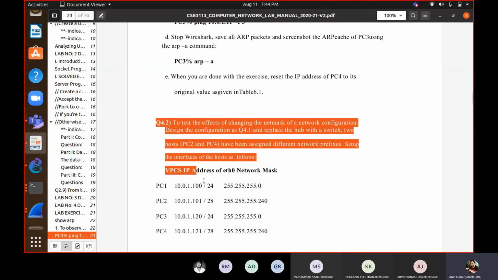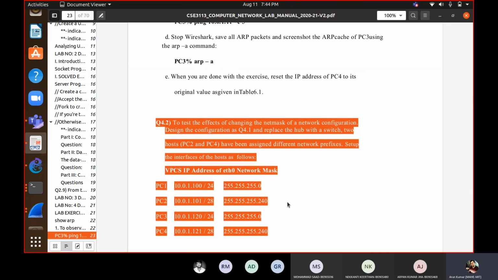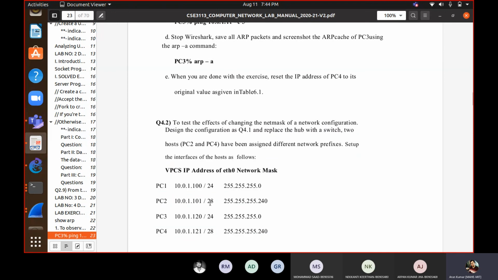This one is interesting. Later on we will see it, once you are all equipped with the IP addressing concept, because here it is asking us to change the network address and the network mask itself. Here it is 24, 28, 24, 28. If you do it, what will happen? Will you still be able to ping or not, and what issues will happen with ARP? What are all its ramifications? All these things will carry forward once I give you a background in addressing.